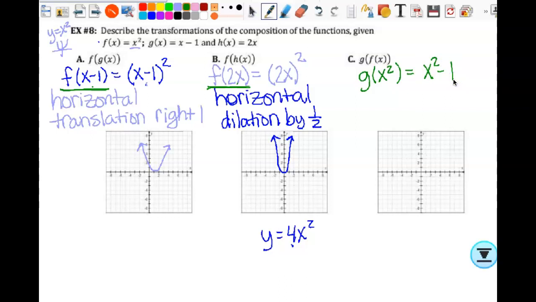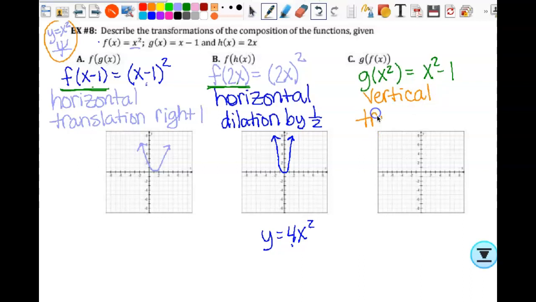Okay, so I said at the beginning that we're going to look at these as transformations of the quadratic parent function, because when we do g of f of x, it's really a transformation of the g of x function. So we're taking a linear and making it into a quadratic by squaring that x there. But I don't want to get all deep into that stuff. So we're just going to look at it from this perspective right here. And so what is this? What kind of translation? Vertical. Okay. So vertical translation